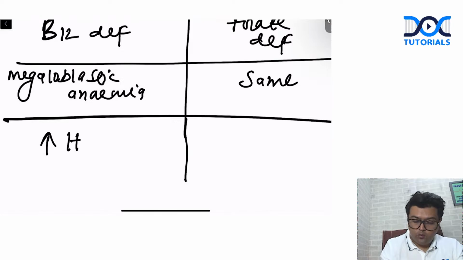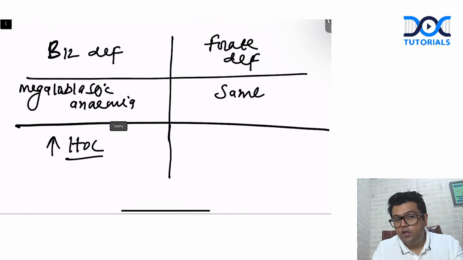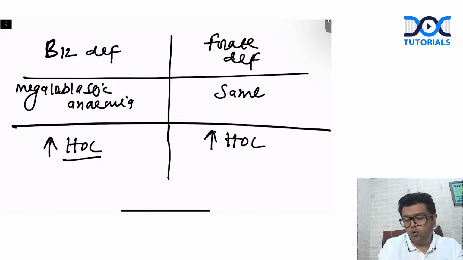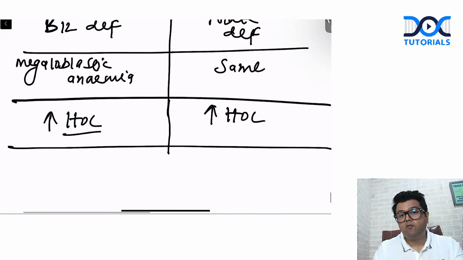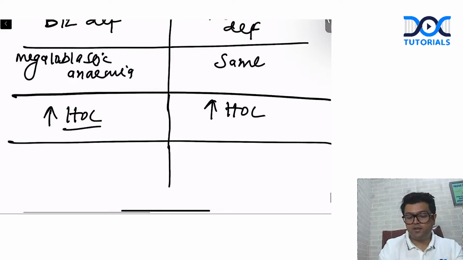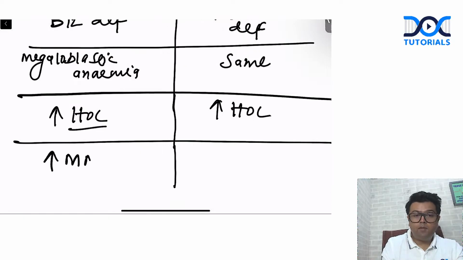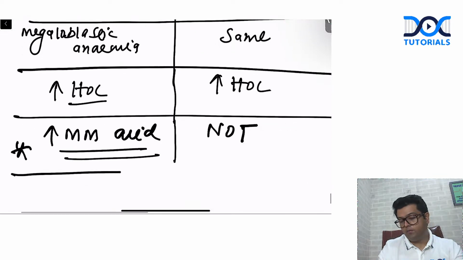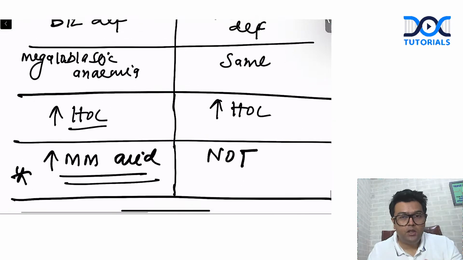There is an increase in homocysteine because homocysteine to methionine conversion needs both B12 and folic acid. So here also there is an increase in homocysteine. Then how to identify? You can say a vegan patient, a purely vegetarian patient, is B12 deficient. Yes, maybe. But guys, the best answer is increased methylmalonic acid. Here it is not. So this line is the most important point to differentiate between B12 and folic